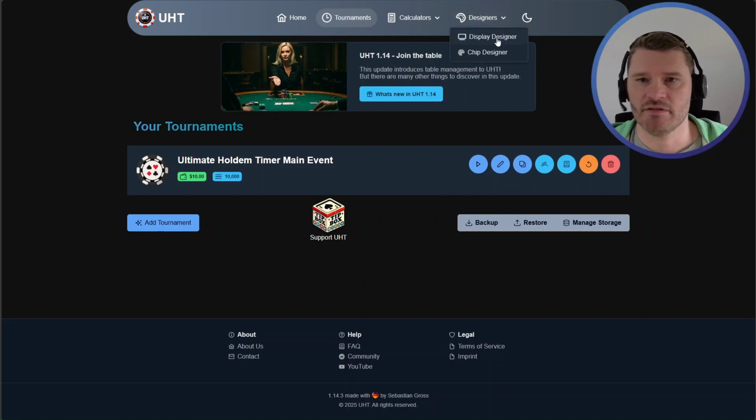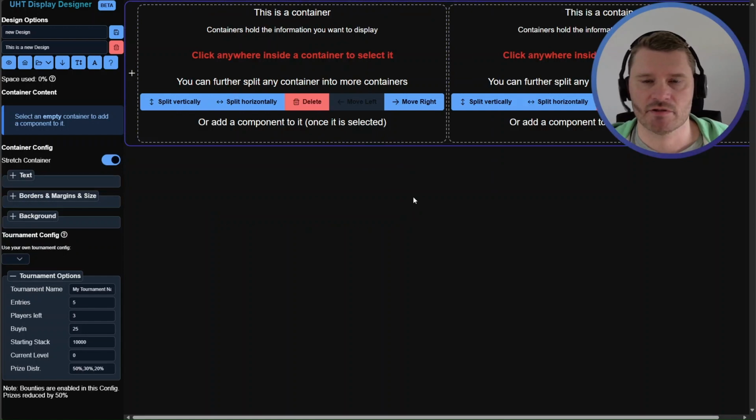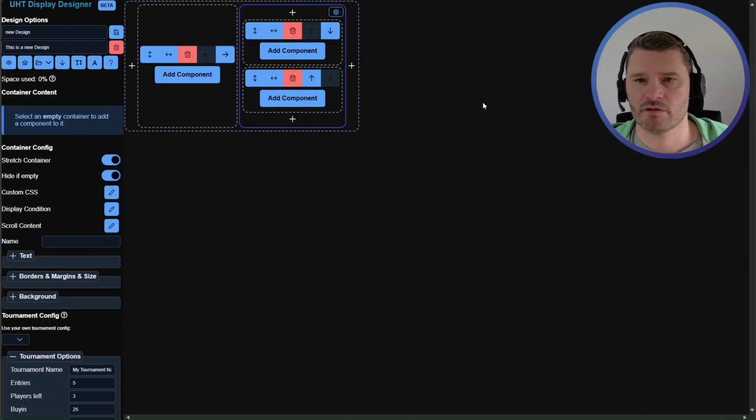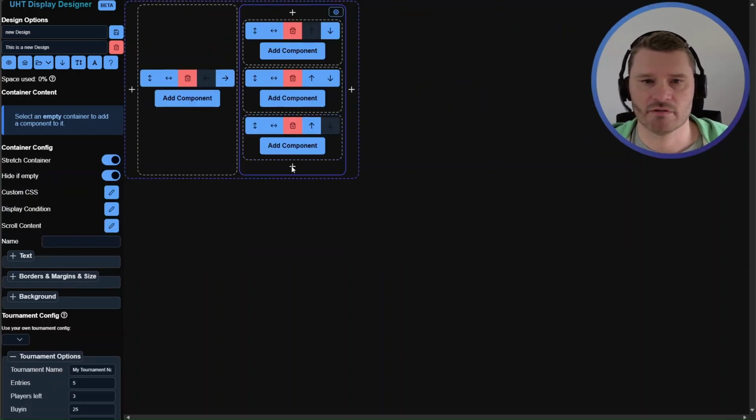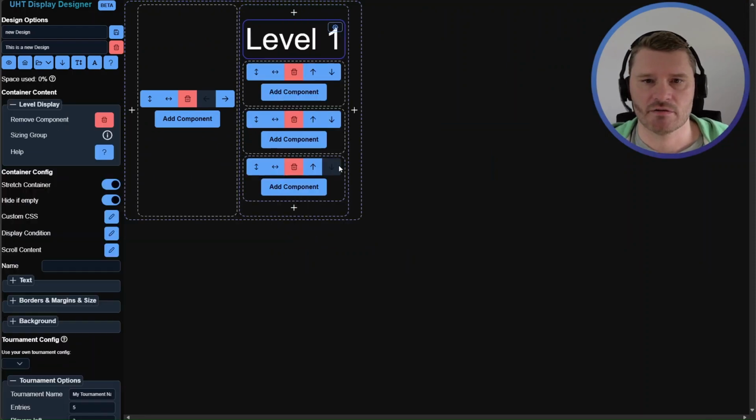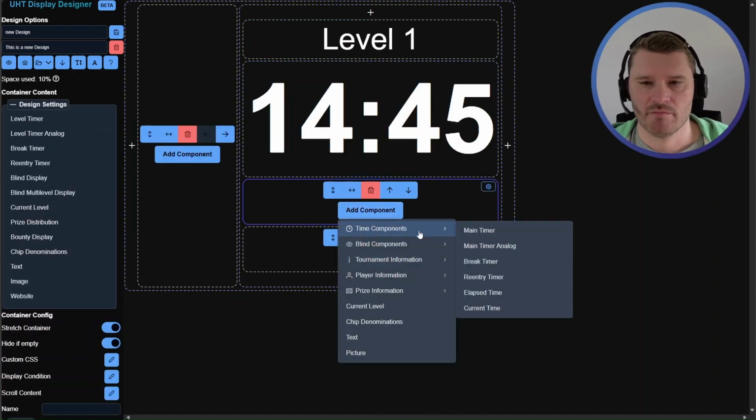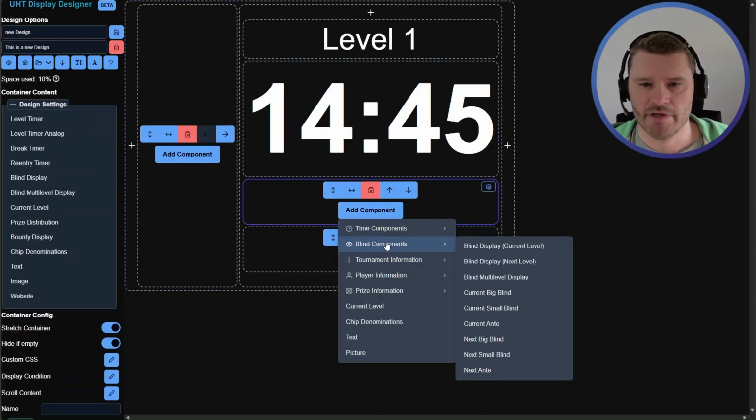Let's go to Designer and open the Display Designer to start with a fresh interface, and we will create a pretty basic design. Let's just split our container here and create a few vertical containers. Let's just add here our current level, our main timer, maybe our current blinds